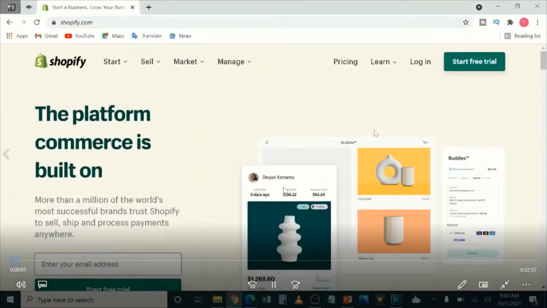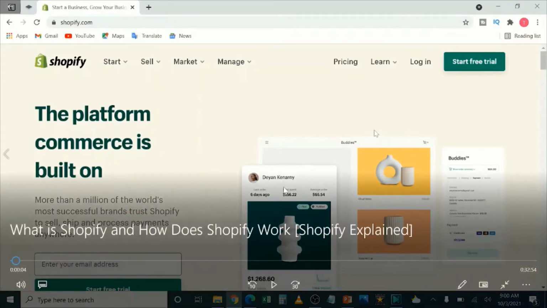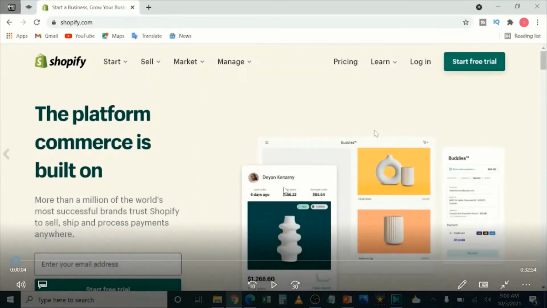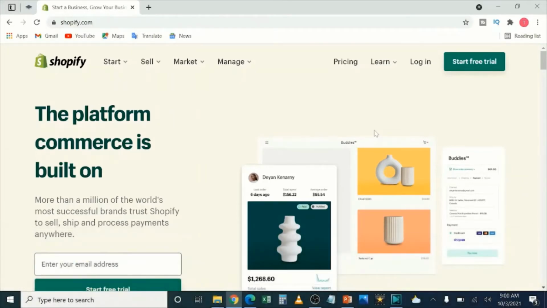In this video, we're going to discuss Shopify and how it actually works. So, a brief introduction about Shopify. Shopify started as a snowboard selling company before it pivoted to provide e-commerce solutions for businesses. So let's begin. The first thing you want to do is go to shopify.com, the page